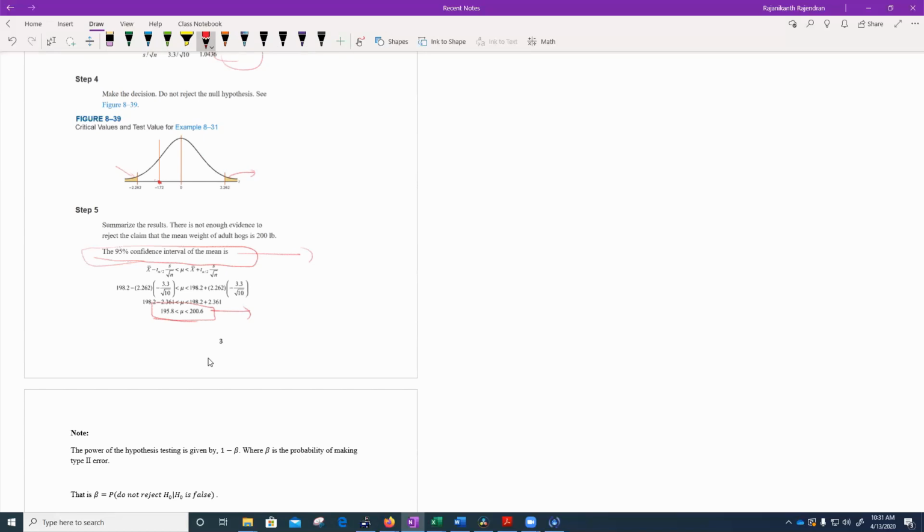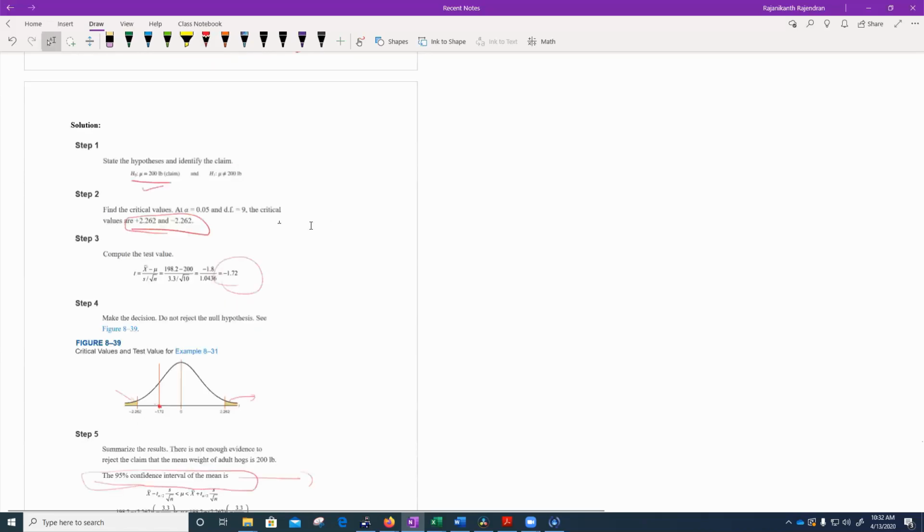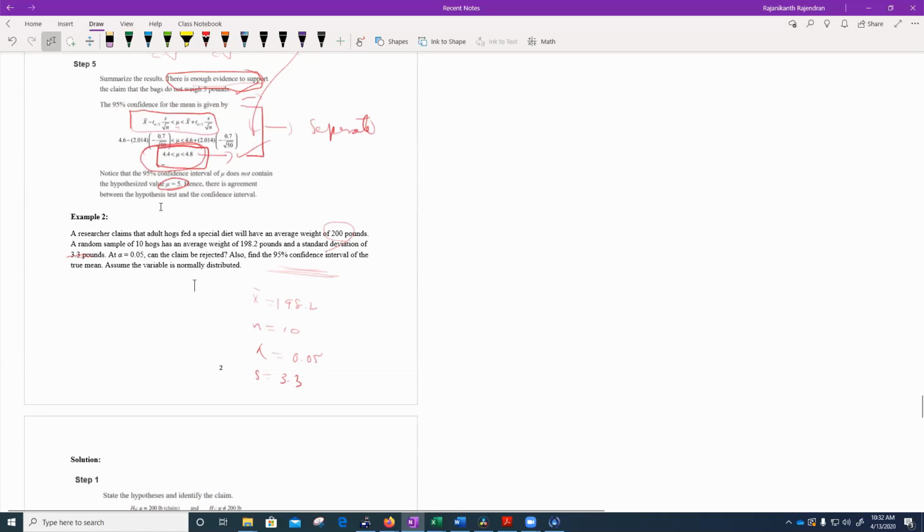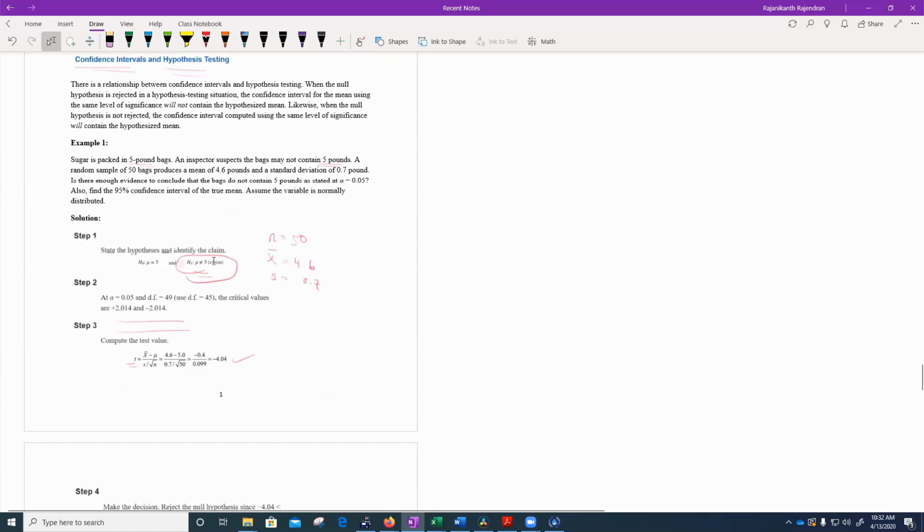Will it always agree? It should agree. If it does not, you have to exclude those points in your confidence interval. In most cases it should agree, but there are some cases where it will not. So in that case, you have to exclude, if it is not in your hypothesis testing. That's what I explained in the previous problem. In this problem,